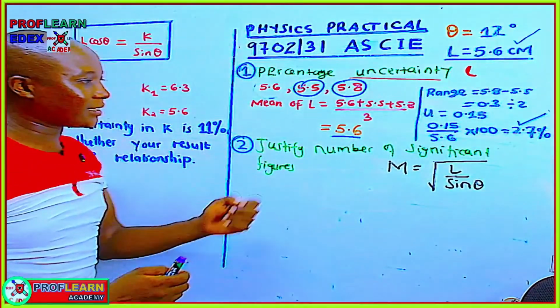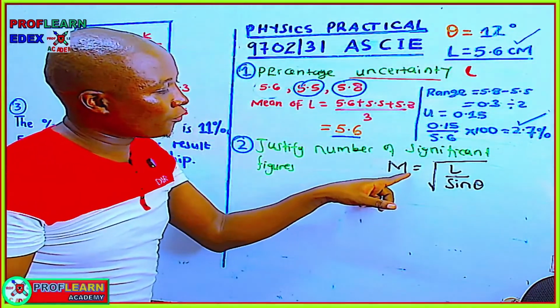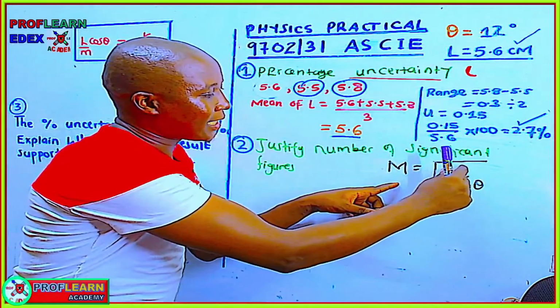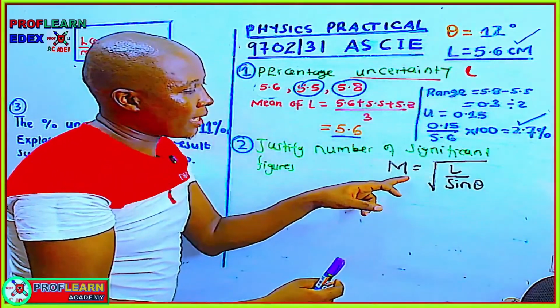The second mark is to justify the number of significant figures. For instance, they are telling you to find M. You had measured L. You had measured an angle theta. So they are telling you M is equal to square